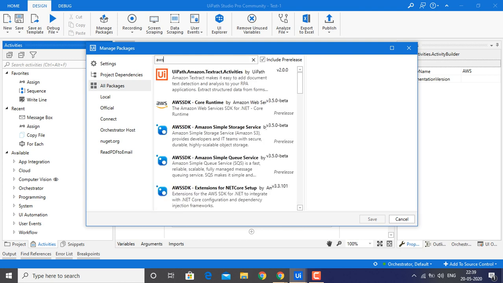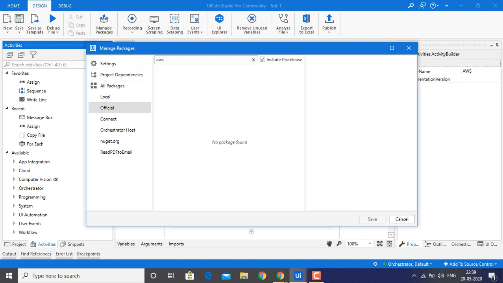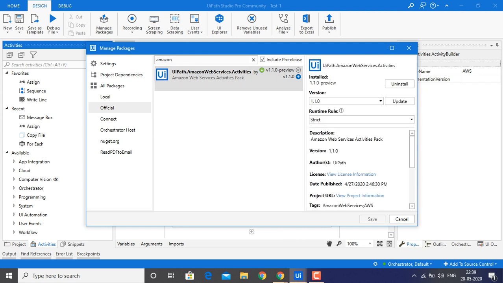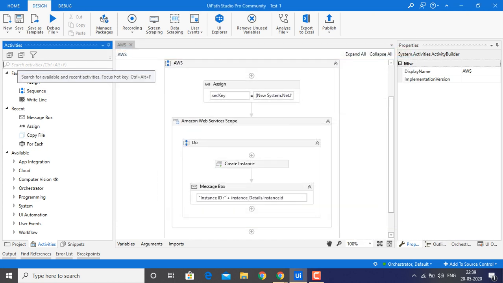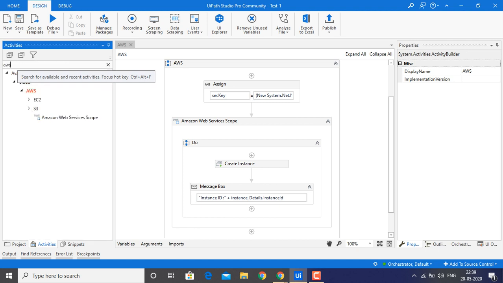Here you will get the Amazon scope activities, the Amazon Web Services activities, that you have to install by clicking on install and save. Then in the cloud category, in AWS, you will get the Amazon Web Services scope.